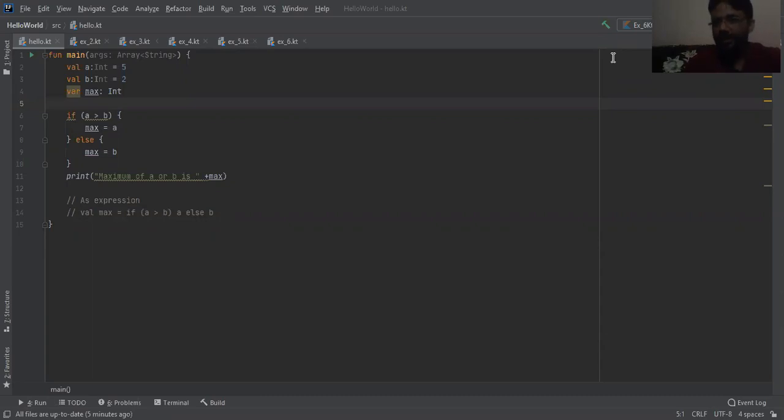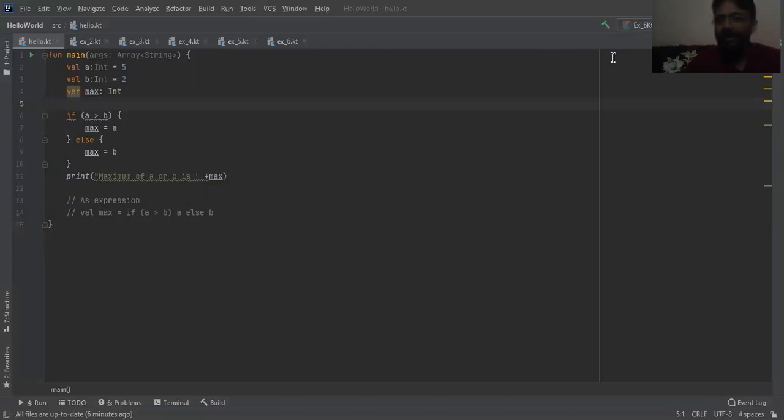Today, we will see some practical examples that we have discussed in previous lectures about the control flow in Kotlin programming. For that purpose, I am using the IntelliJ IDE. You have to install it from the official page for download, and it depends on your operating system and the number of bits, 32 bits or 64 bits. So you have to download as per the compatibility of your operating system. Once it is downloaded, it will take around 5 to 10 minutes, depending on your internet speed, and then just install it.